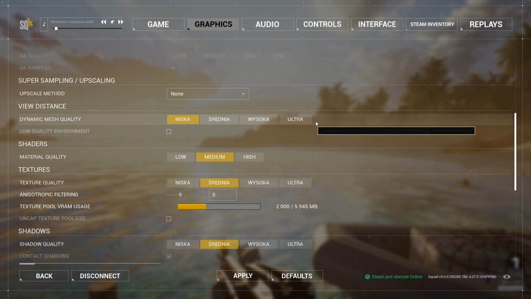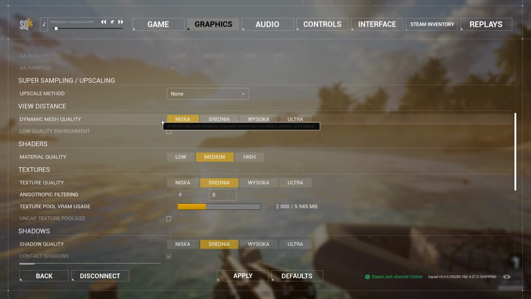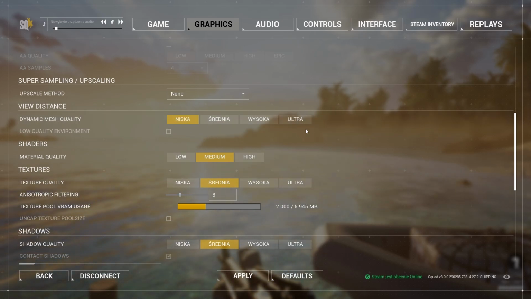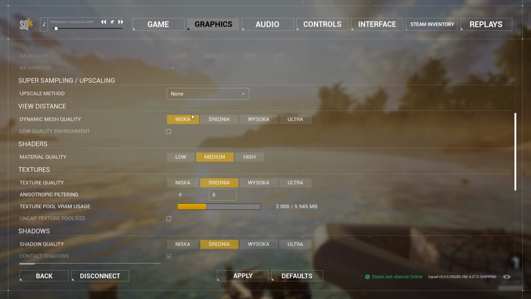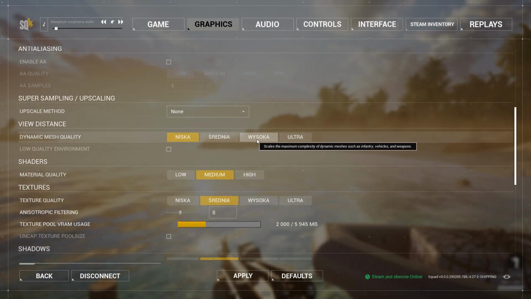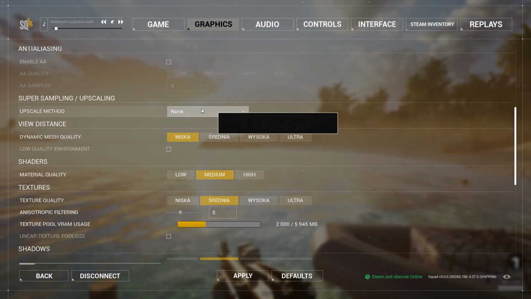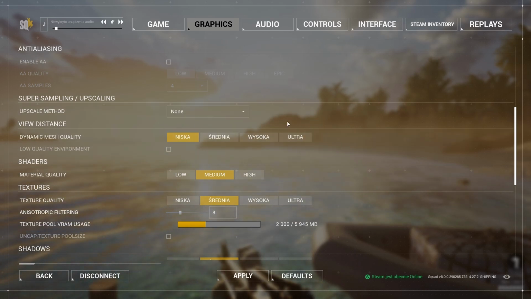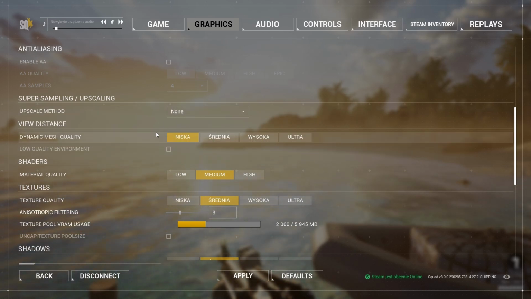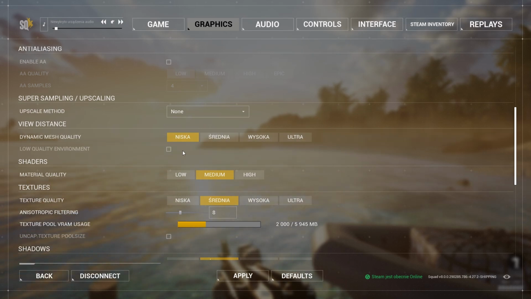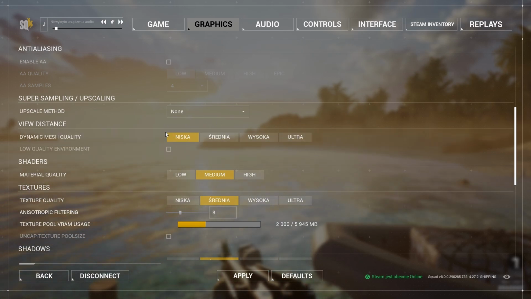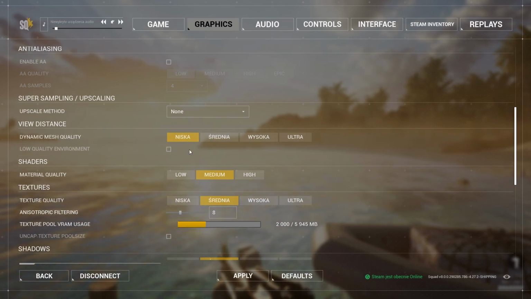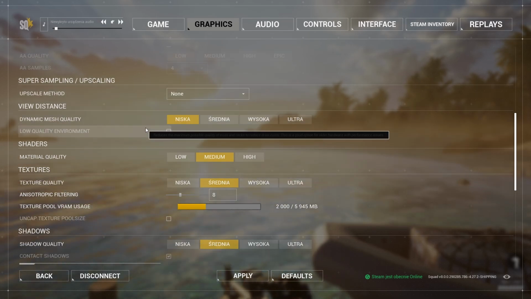Next setting is dynamic mesh quality. There's not really much to talk about with this setting. It's basically high advanced animations from different distances. So low is basically short distance, and of course the higher we go, it renders from a higher distance. Make sure you set it to low. I literally do not recommend anybody setting this to high or ultra. It doesn't really make any difference in visuals, but it can boost your performance by a few extra FPS, guys.